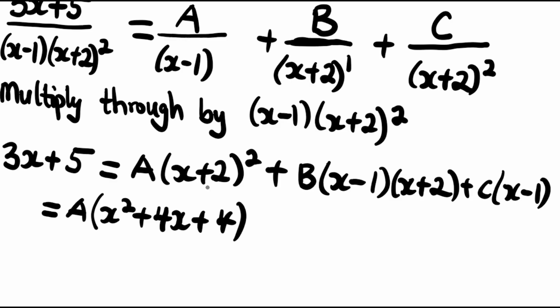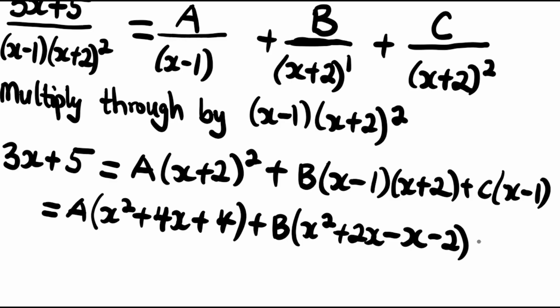So if you expand this, you are going to have this. If you expand (x plus 2) all squared, you are going to have this, and a is still multiplying that, so we'll keep that, plus b into bracket. This will multiply this, right? This time it is that is going to be x squared, right? This times this, that will be 2x, right? X times this, that will be plus 2x. This times this is going to be minus x. This times this is negative 2. Plus, as for the c, for now we keep it like that because it's